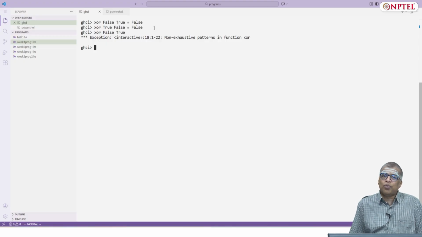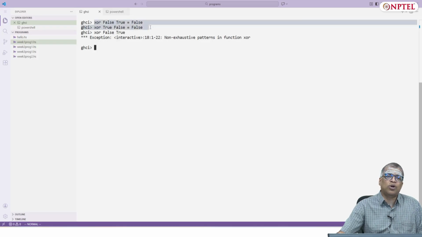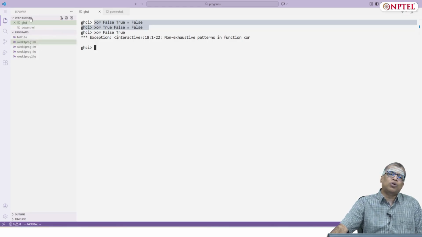So if you want to write multi-line definitions, remember I am trying to treat this as two lines of definition for the same function, in GHCI I cannot do it unless I enable multi-line definitions. So let us not worry about how to do that, but rather when you want to do this, what you do is you write this program in a file and you load that file.